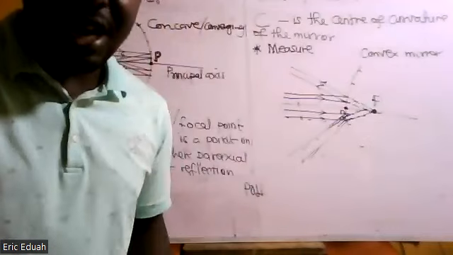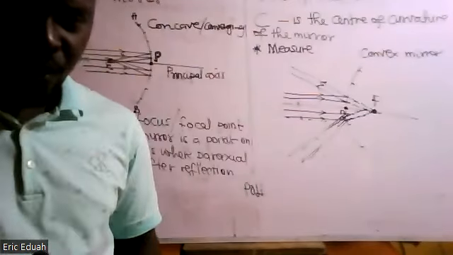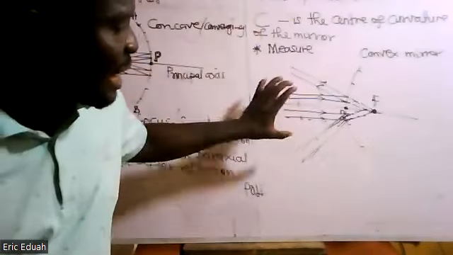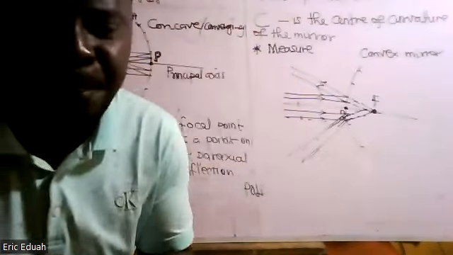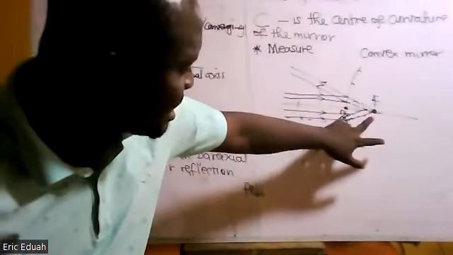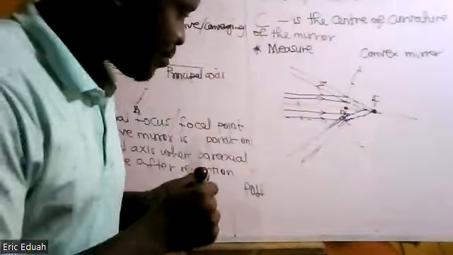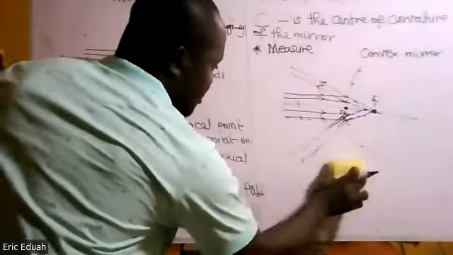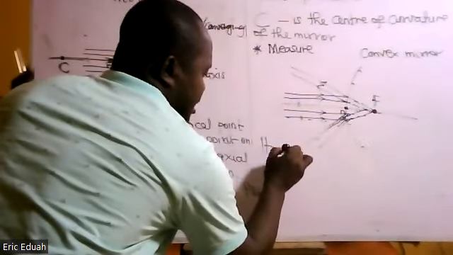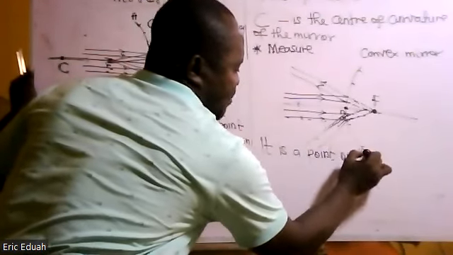So how do we define the principal focus of a convex mirror? It is the point on the principal axis where paraxial rays appear to be diverted from. These rays appear to be diverted from this point. Please, are we fine? So it is a point on the principal axis